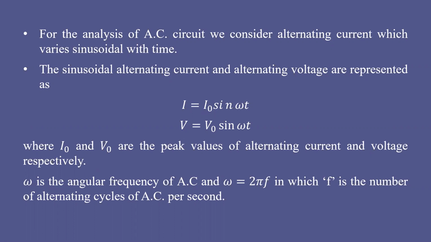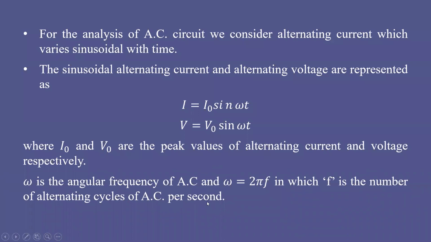So again and again it will change its direction. The number of cycles observed in 1 second represents the frequency of AC. So omega is the angular frequency, and omega is equal to 2 pi f, where f is the number of alternating cycles of AC per